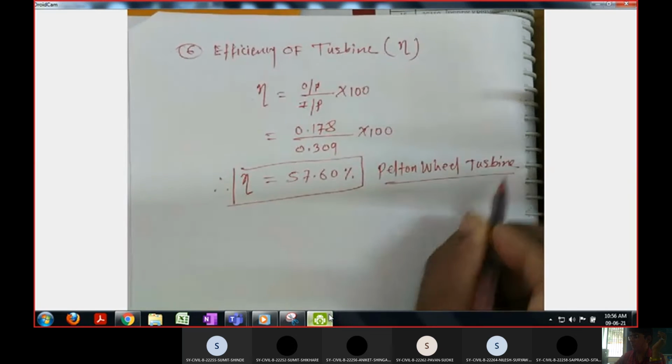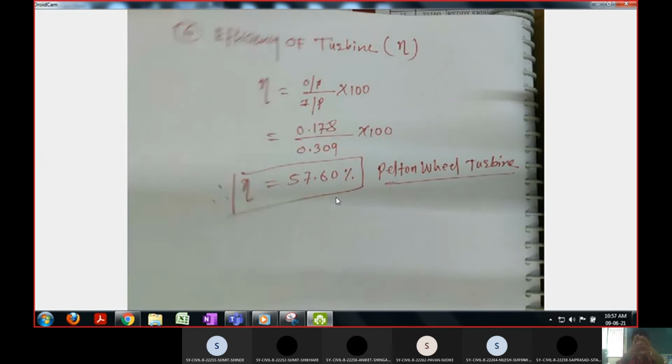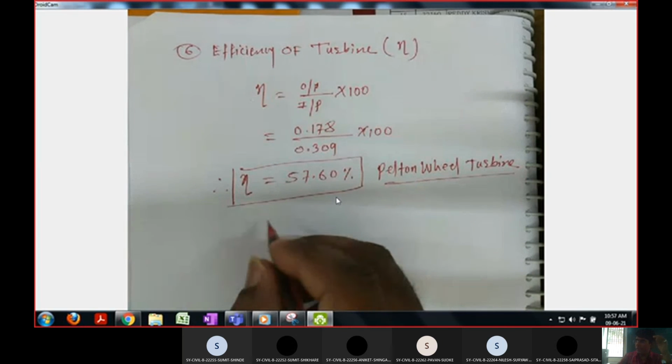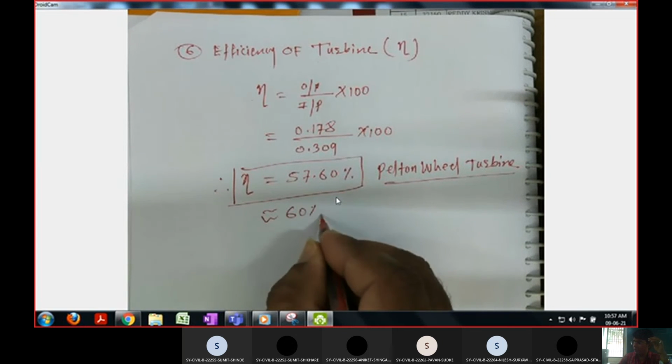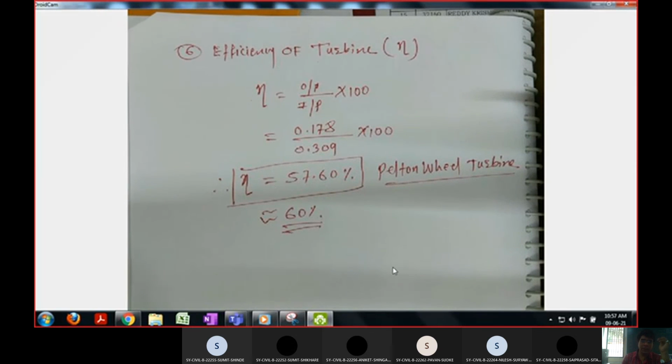So how can we calculate the efficiency? Now what is the use of this particular parameter? Why should one calculate the efficiency? 100% efficiency आली तर आपण म्हणतो चांगलं इलेक्ट्रिसिटी जनरेट होईल. 70% आलं तर आपण म्हणू शकतो चांगलं इलेक्ट्रिसिटी जनरेट होईल. But the efficiency is nearly about 60% in this case. आपण म्हणू शकतो की या टर्बाइनची इफिशियन्सी आपली 60% आहे.